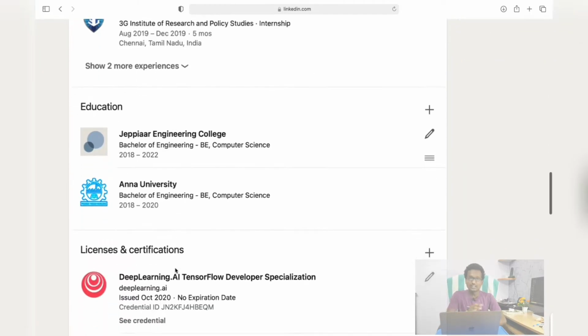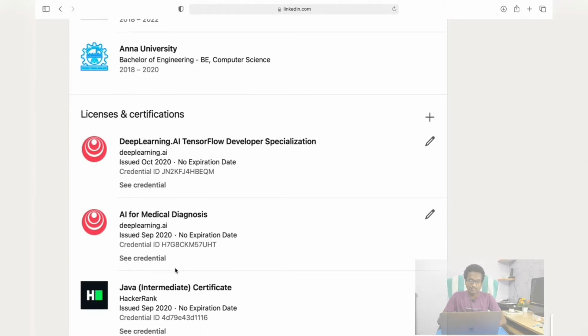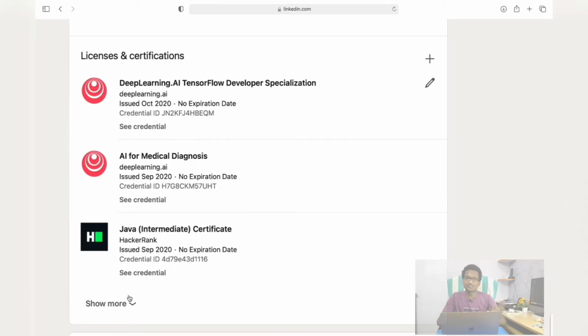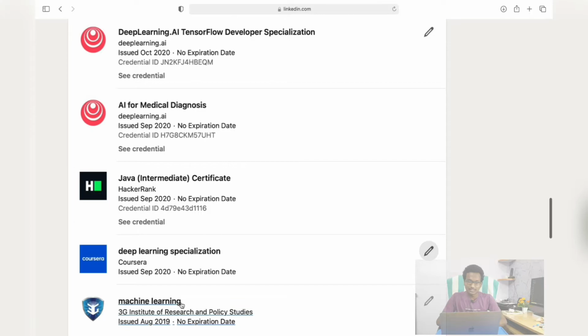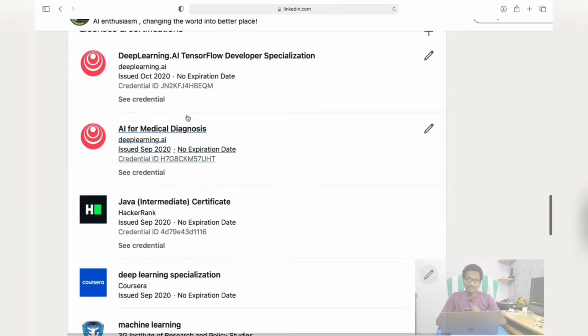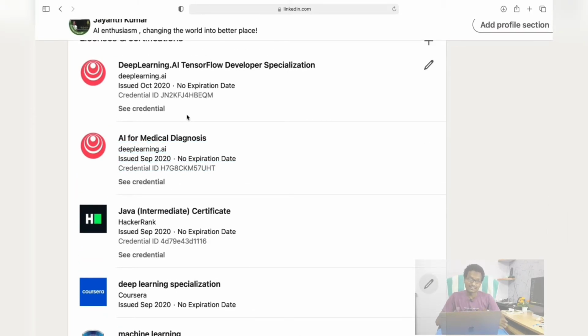After that, you need to give your education qualification. Right now I'm doing engineering, as everyone knows. I just mentioned my college name and the passed out year and graduation year. It's the same process: click on the plus button and then add your school, like the college name, the degree you're pursuing, and then the start date and end date, same as the before process.